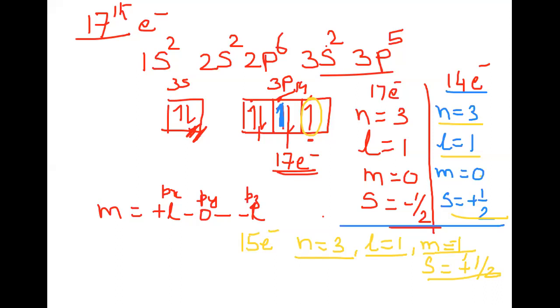When we were doing quantum numbers, I told you how to write the quantum numbers, and how certain sets of quantum numbers are not permissible. Like if L is equal to 0, m cannot have a value other than 0. If n is equal to 3, the value of L will never equal 3. It can have 3 permissible values, starting from 0 to n minus 1, that is 0, 1 and 2.